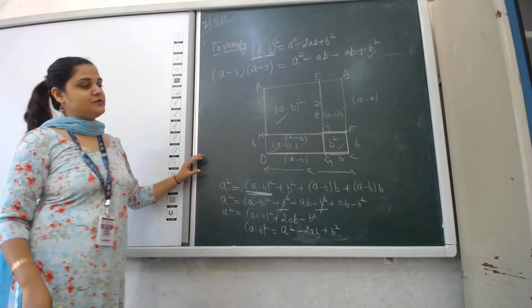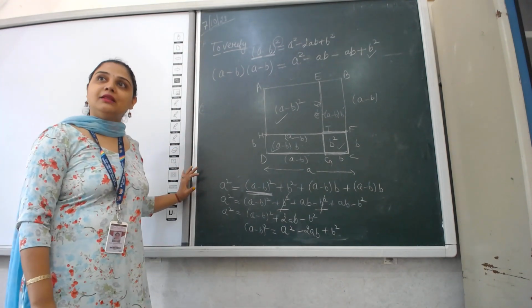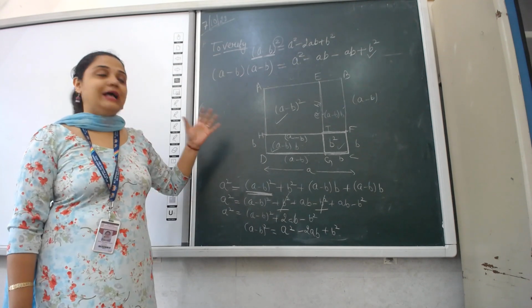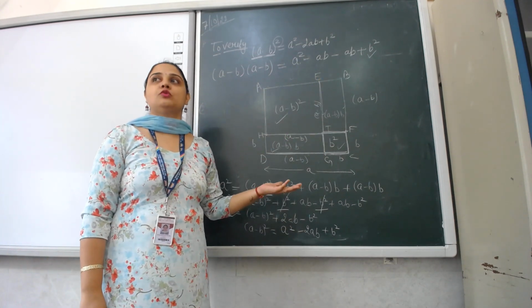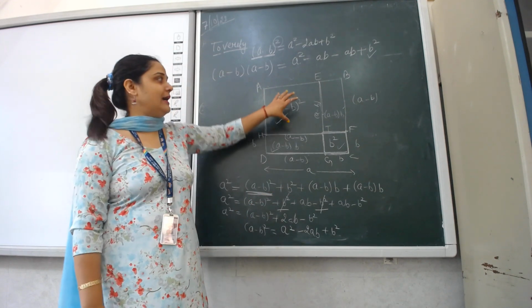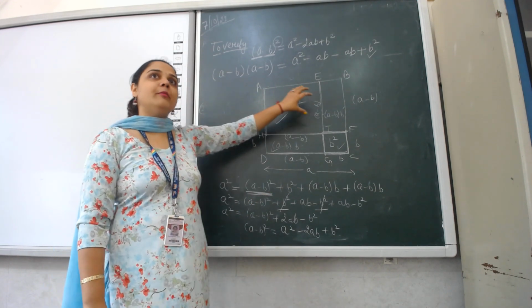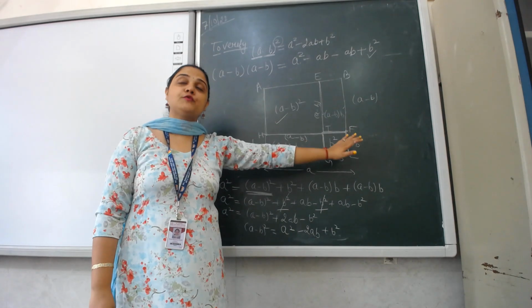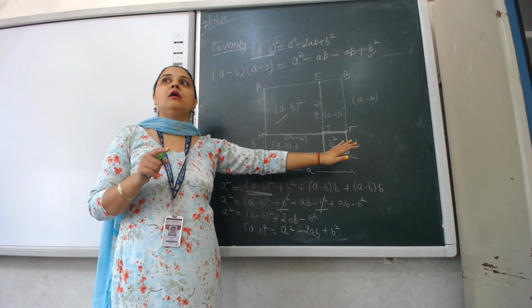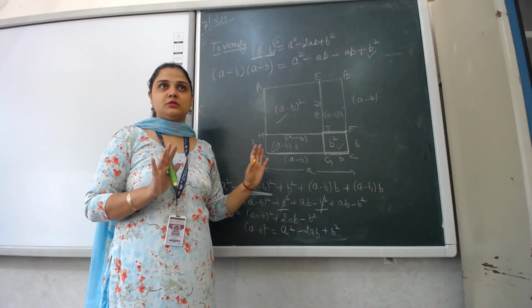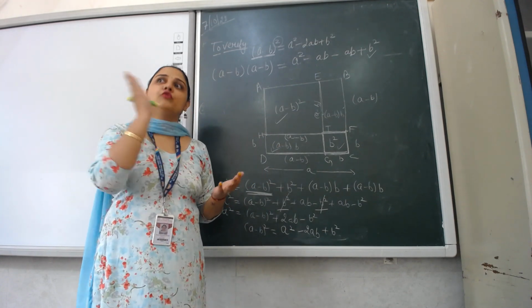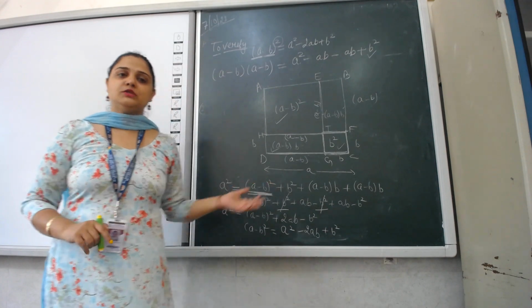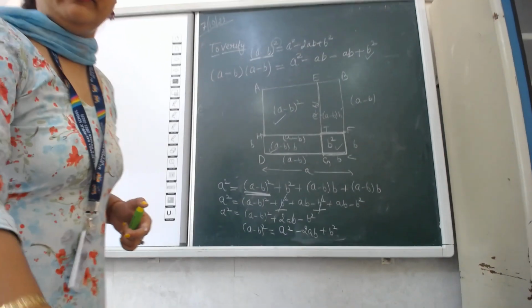So we have to do some manipulations in this. The other way was that if we take the initial square as A minus B whole square, then it will become A square, and B square is being removed, so we will keep a minus sign with that, and then do the other manipulations. We are not going into that because in that case we have to remove that part. So please note it down and complete these two verification activities.